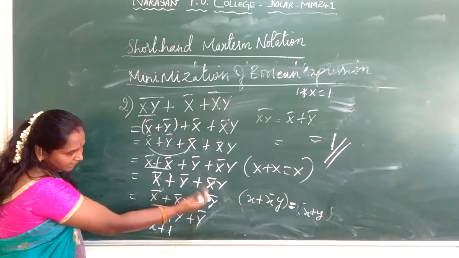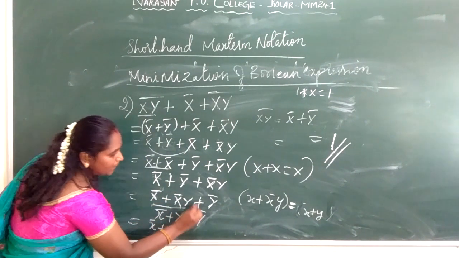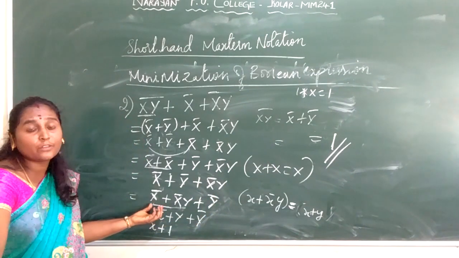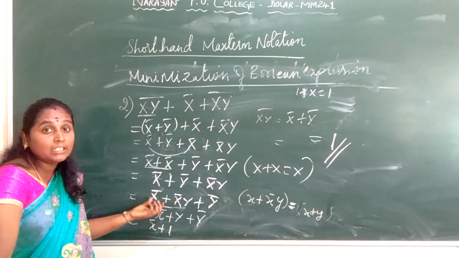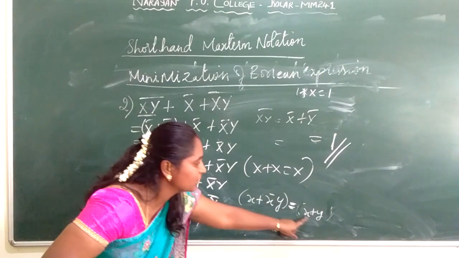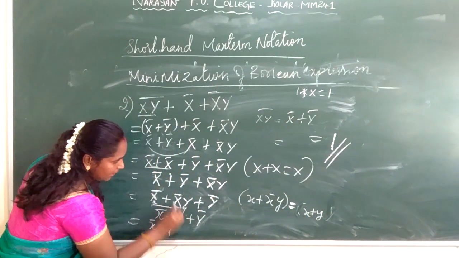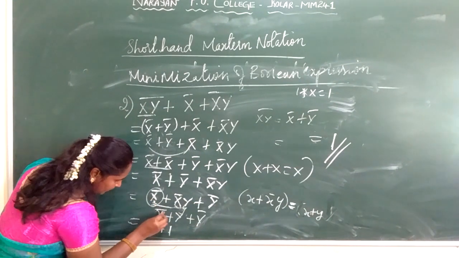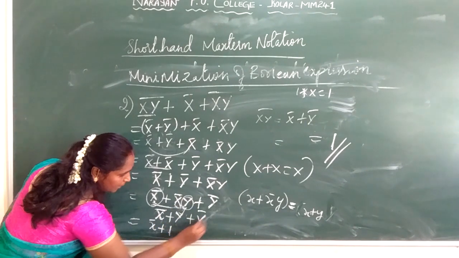Next, rearrange it: x bar plus x bar y plus y bar. So I am using the distributive third law, or one of the rules of a Boolean expression, also called the third absorption law. X plus x bar y is equal to x plus y. So here x is this one, x plus x y, that is nothing but x plus y. What's my x here? It is x bar. So I have written x bar. What is my y here? It is y as it is plus y bar.